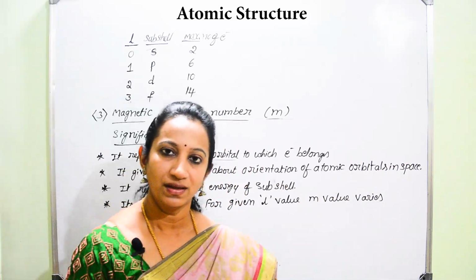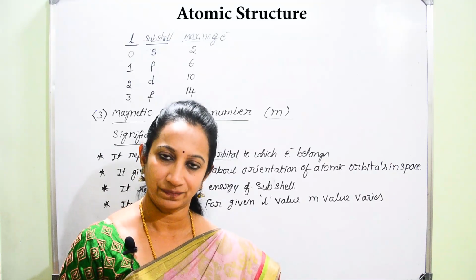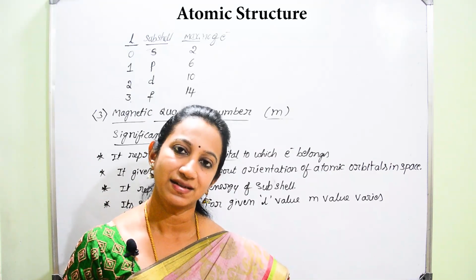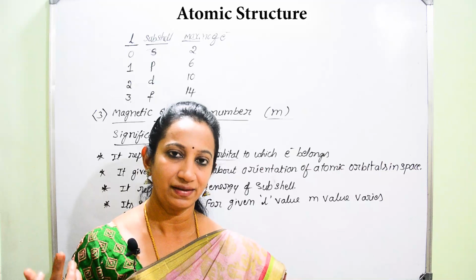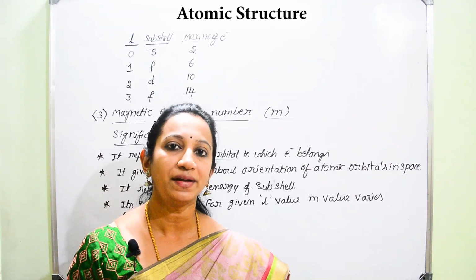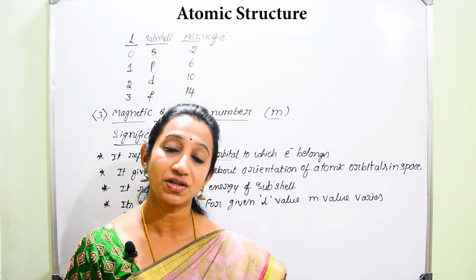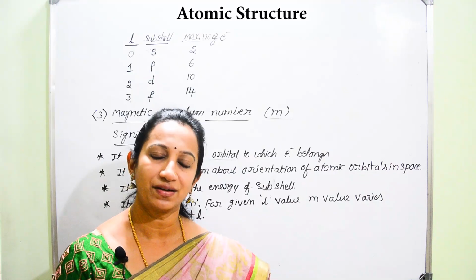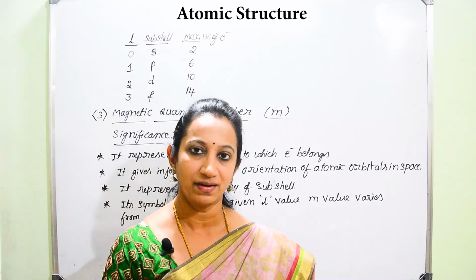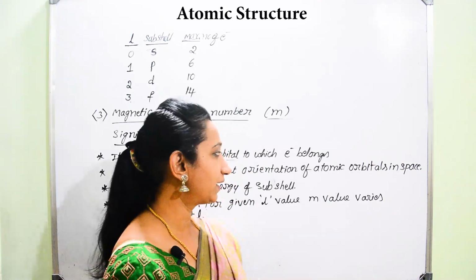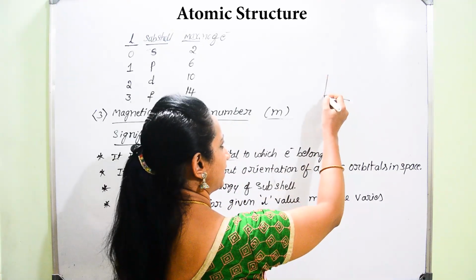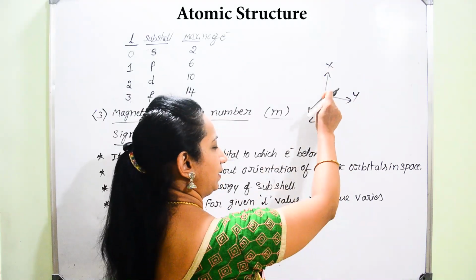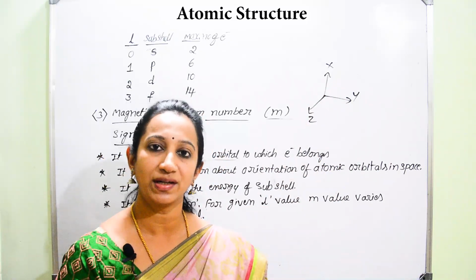As I said before, around the nucleus, electrons will be revolving in a definite orbit and in particular in different orbitals. As I told, an orbital is nothing but the 3-dimensional region around the nucleus where we can find the maximum extent of electron density. Got it? When we consider 3 axes, one is the x axis, another the y axis, another the z axis. All the 3 axes are perpendicular to one another.